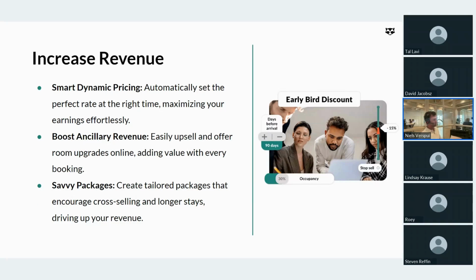If you're a smaller property, my last room I sell for 20% more, my second to last room I sell for 10% more. This is something you can set up in our system, which has a massive impact on your revenue, because this is also how all the algorithms of the OTAs work. The more changes you make in the rates, the more visibility you get.